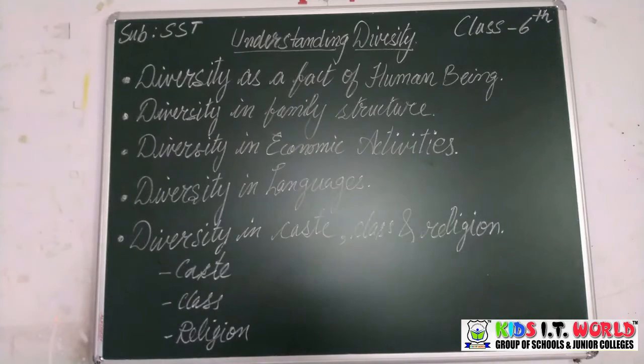Now moving to the third point, which is religion. Religion has been defined by Durkheim as the unified system of beliefs and practices related to sacred things. Okay? It is a set of sacred things, sacred rituals a person follows. There are a number of religions in modern times. Prominent among them are Christianity, Islam, Hinduism, Buddhism, Sikhism, Jainism, Zoroastrianism, Confucianism, and Judaism. In India, there exists a diversity of religion.